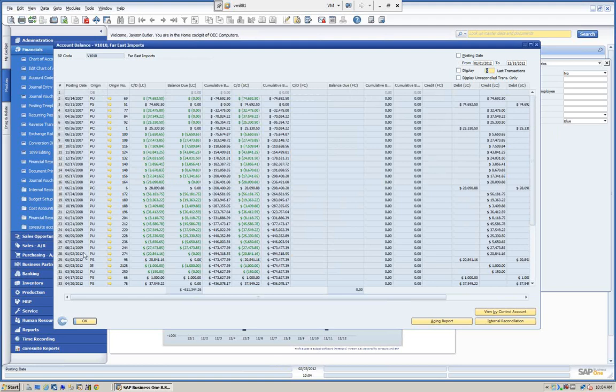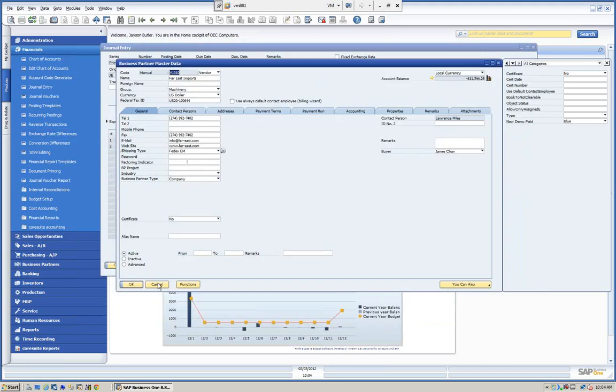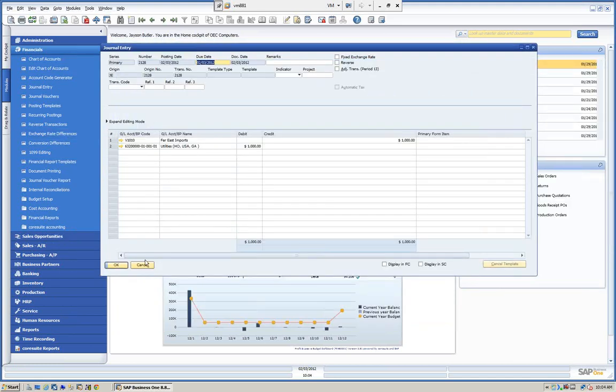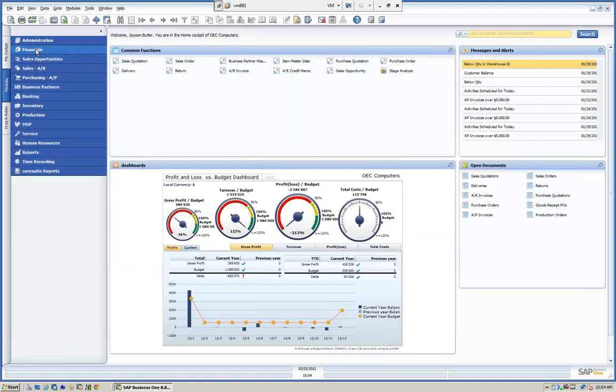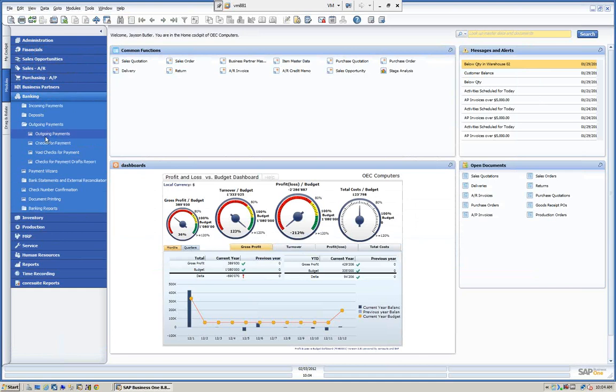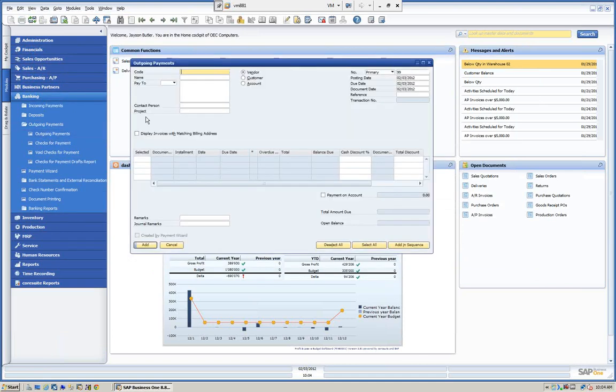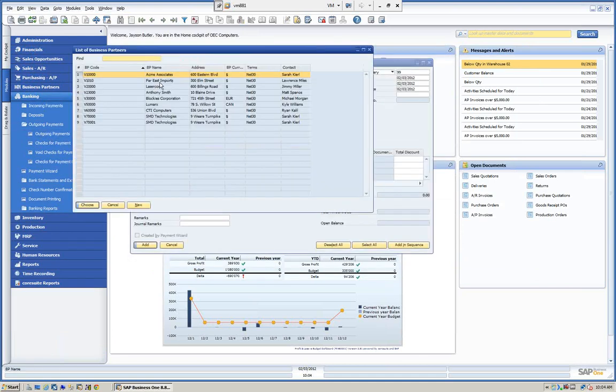And we can see the transactions as journal entries. You can see here that we have this journal entry. And again, this was good because this showed up in the account. This allowed us to pay it. If we were to go into this business partner for payments, we'd be able to pay it. The only thing is that it would show as a journal entry, so it was kind of confusing that when you went into, let's say, banking and outgoing payments, and we selected our vendor, Far East,